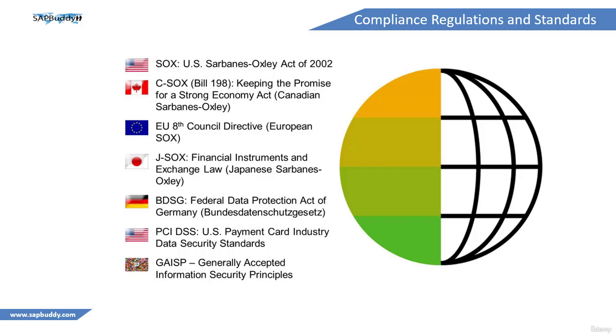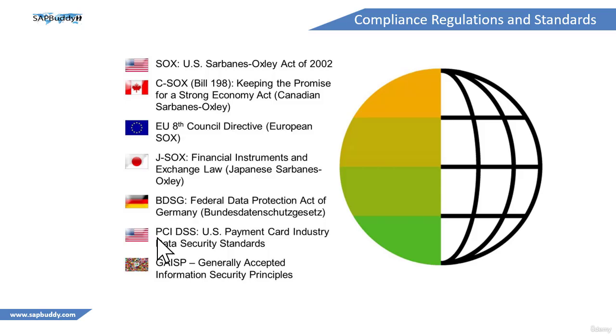Next is a very famous one, BDSG, that is the Federal Data Protection Act of Germany. It is quite famous in Europe. This protects the personal information of a particular person, and governs how you need to handle personal information. This particular act is quite famous for protecting personal information and the privacy requirements of individuals. The next one is